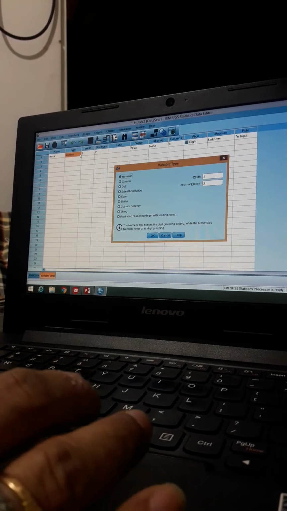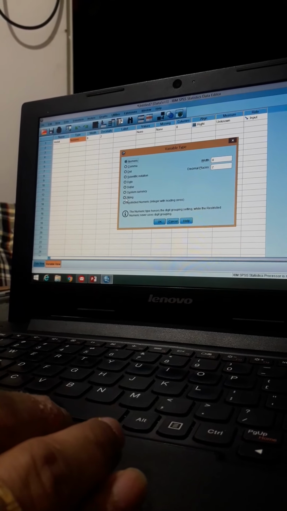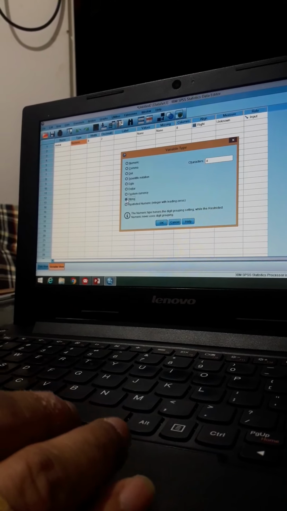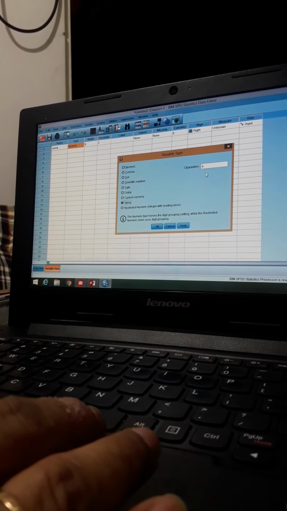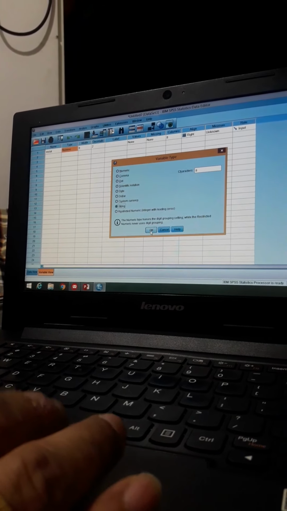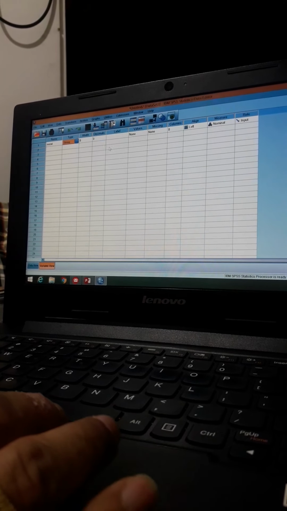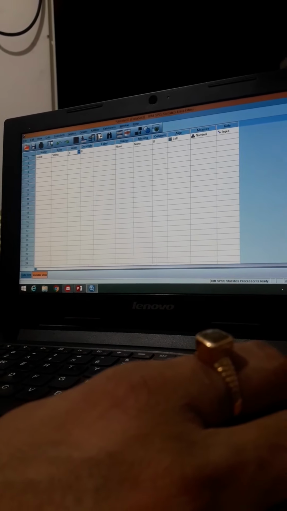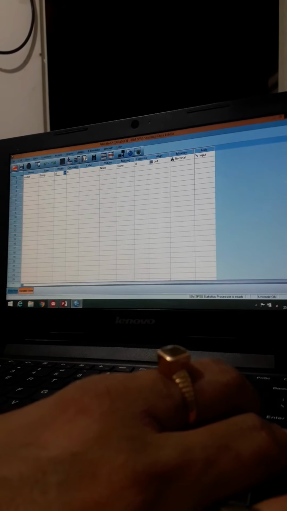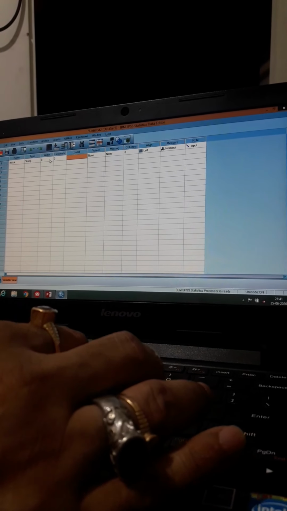So we will take it as string variable. Characters 8. Okay. Now we will go to the next with, we keep it by default as 8, decimals 0, label, we define what we mean by this variable marital status.